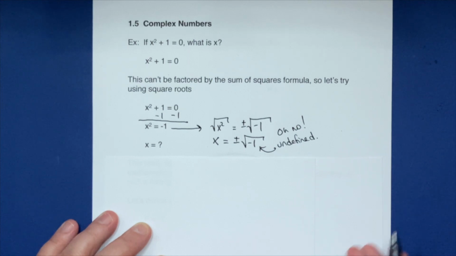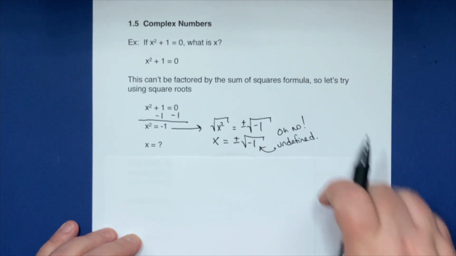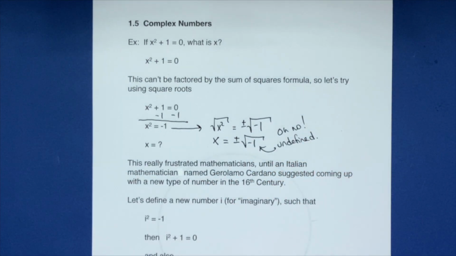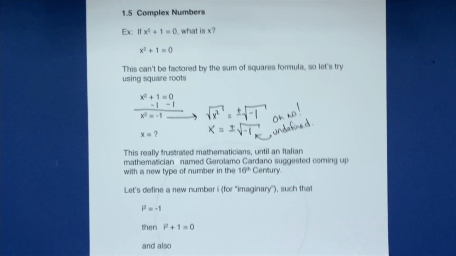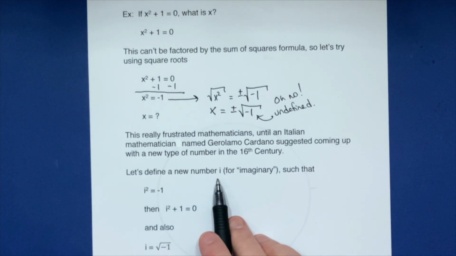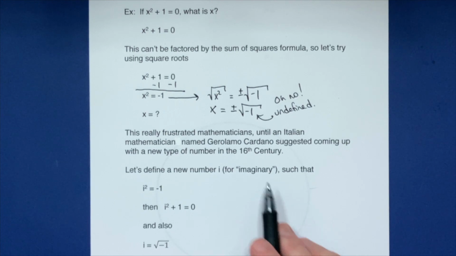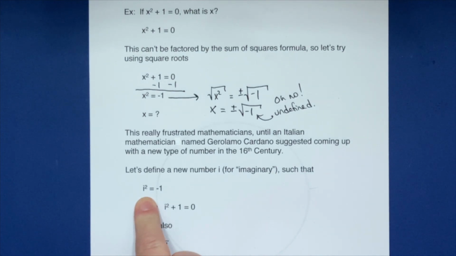This is a question that mathematicians were asking hundreds of years ago. In fact, a particular mathematician who was Italian suggested that maybe the answer is to come up with a new type of number. This was back in the 16th century, quite a while ago. We're going to define a new number i, and i stands for imaginary in English, but I bet it stands for something slightly different in Italian. That would be my guess. But if you're speaking English while you're doing your math, we think of it as imaginary numbers. And we're going to define this number to be some number so that the square of i equals